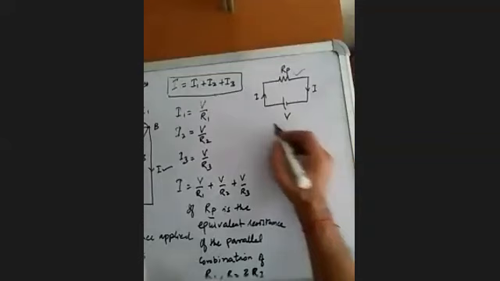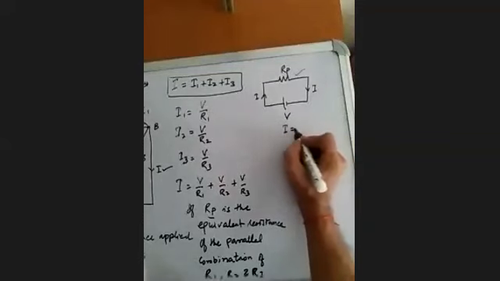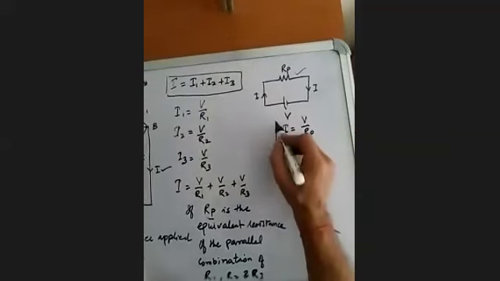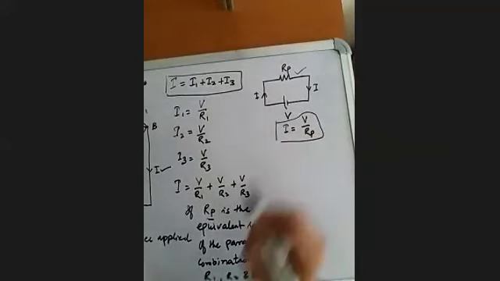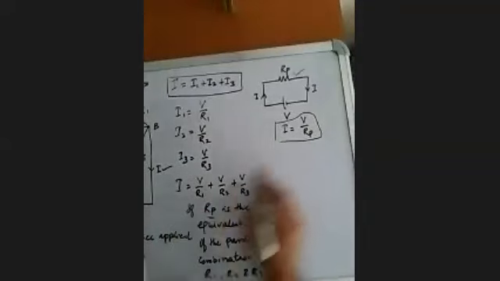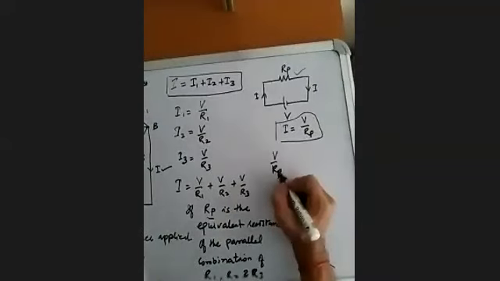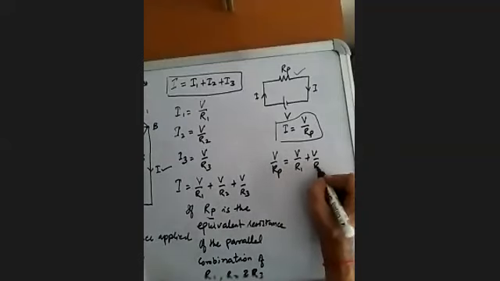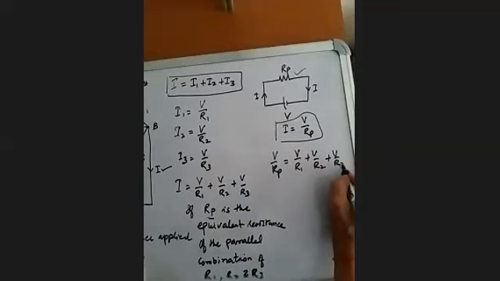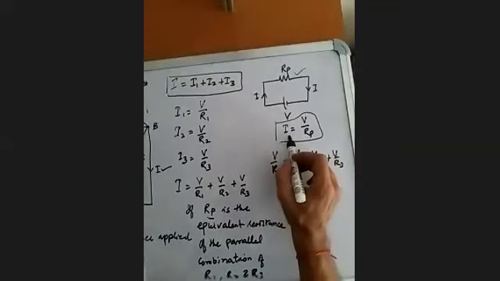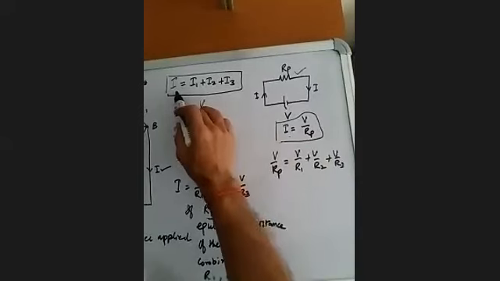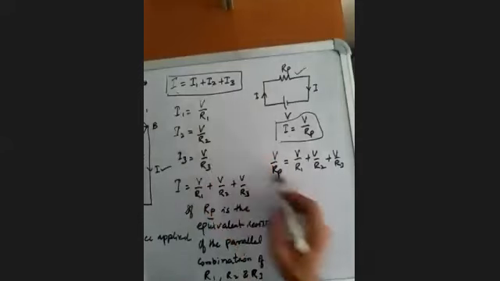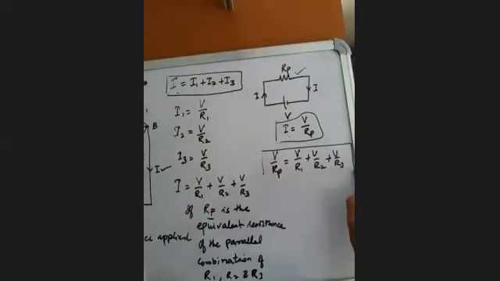So using Ohm's law we can find out now I will be equal to V divided by RC in this case. So we can put the value of I in this relation: V upon RC will be equal to V upon R1 plus V upon R2 plus V upon R3. So what we have done is put the value of I on the left hand side, and the values of I1, I2 and I3 on the right hand side. These are the values. So this is now our relation.